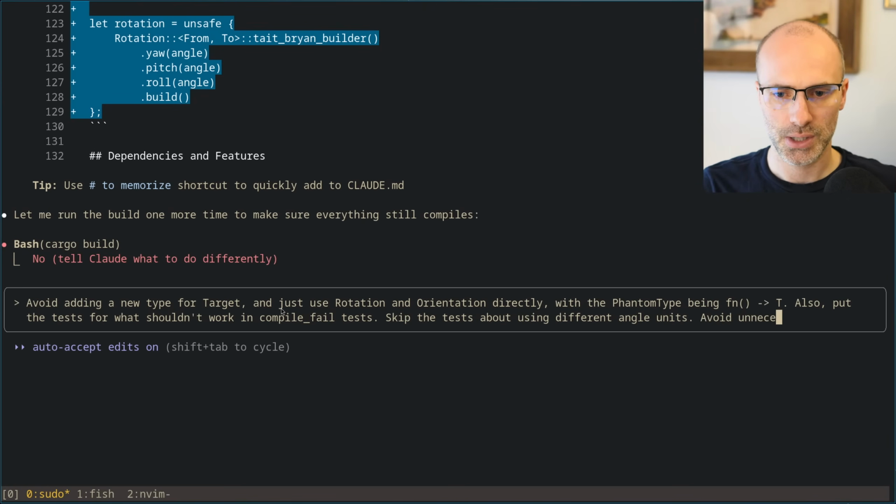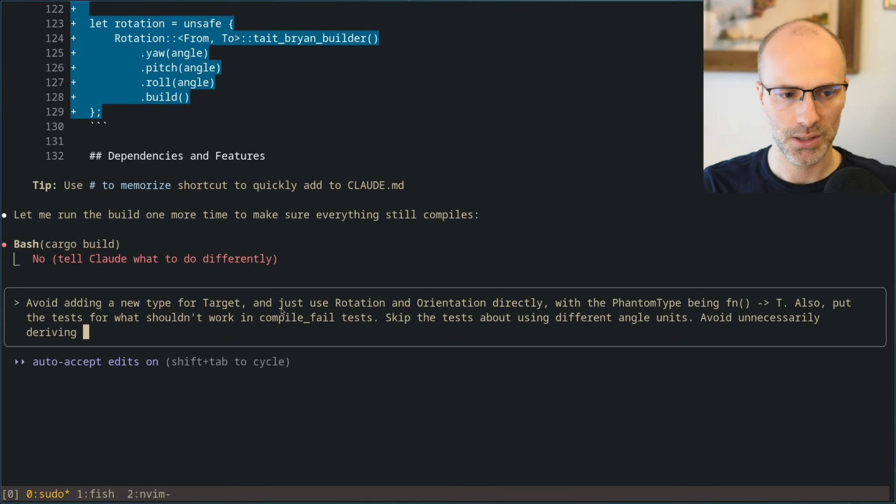Avoid unnecessarily deriving clone and copy on the marker types. Let's see if we can get rid of debug too. It shouldn't need debug on the marker types.